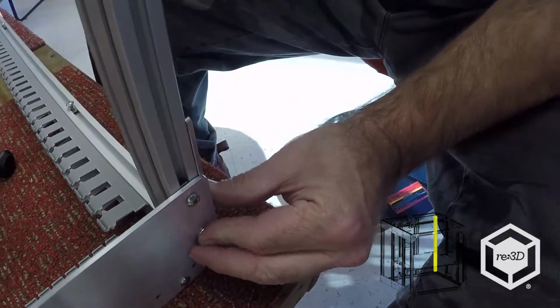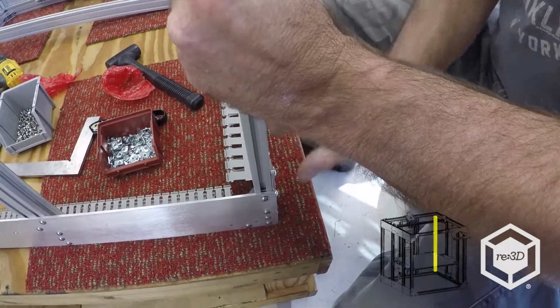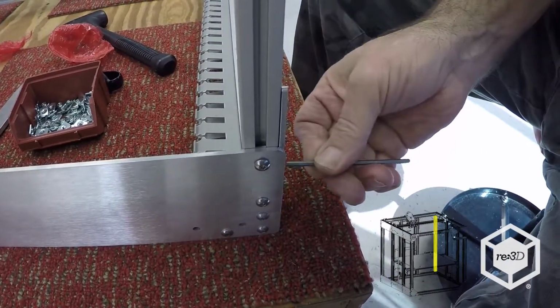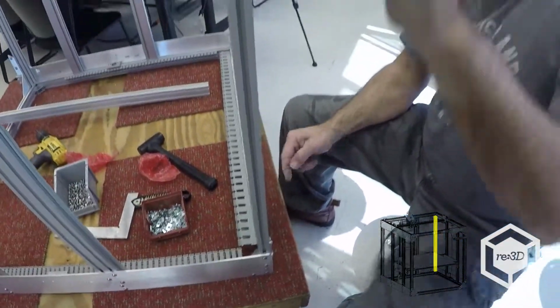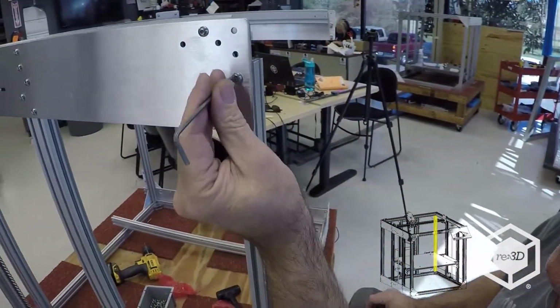This bottom one. Okay, I've got that leg in. I want to make sure it's seated against the cross rail. It's kind of flush right there, so I'll just finger tighten these. Now I'll snug these in, just finger tighten these, just so the T-nuts don't